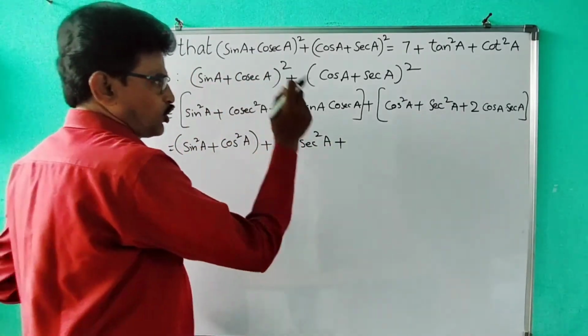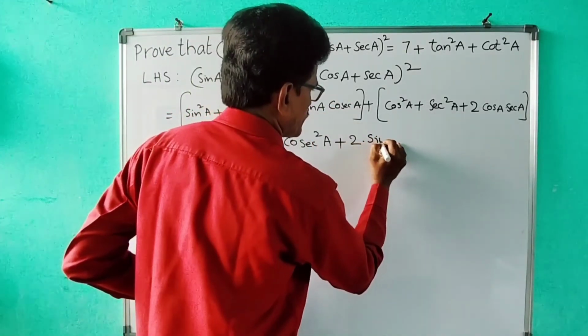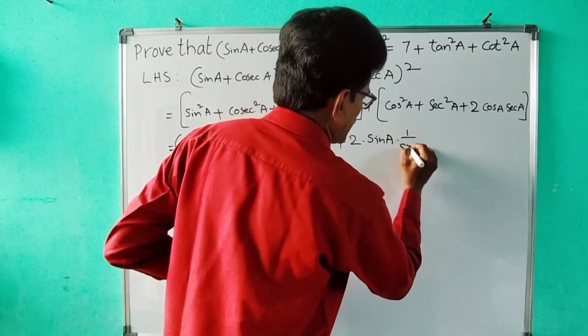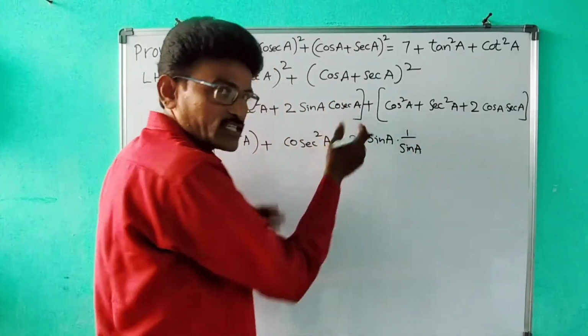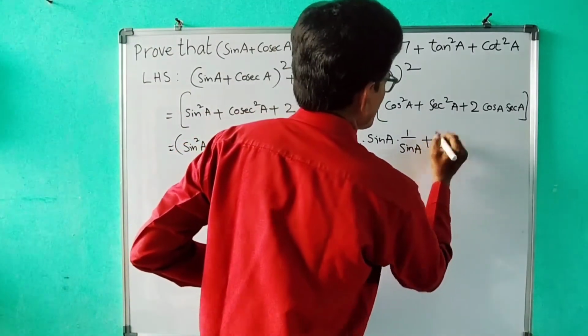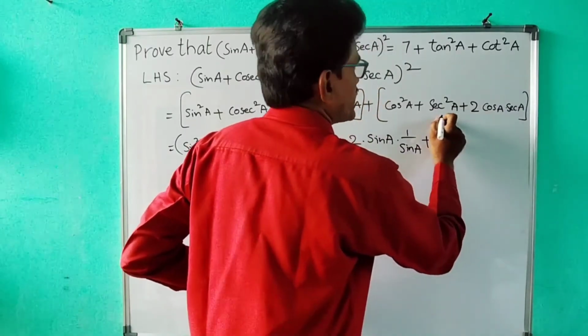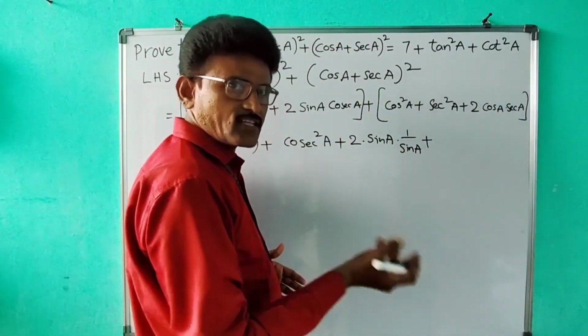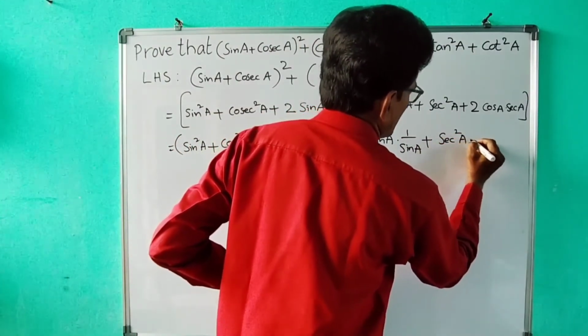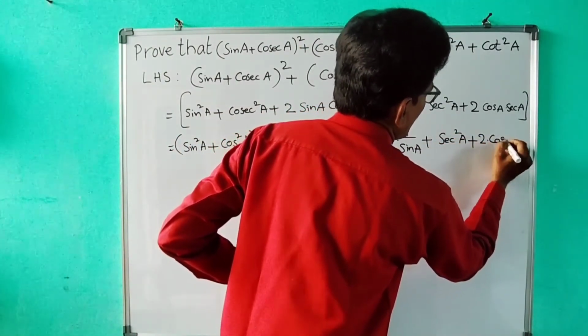Plus, now 2 into sin A into cosecant A. Cosecant A is nothing but 1 by sin A. Both are reciprocals. Sin A and cosecant A are reciprocal. So cosecant A I am writing as 1 by sin A, plus secant square A. Secant square A is nothing but 1 plus tan square A. It is also an identity. We need tan square here. So next time I will write secant square A as it is, plus 2 into cos A